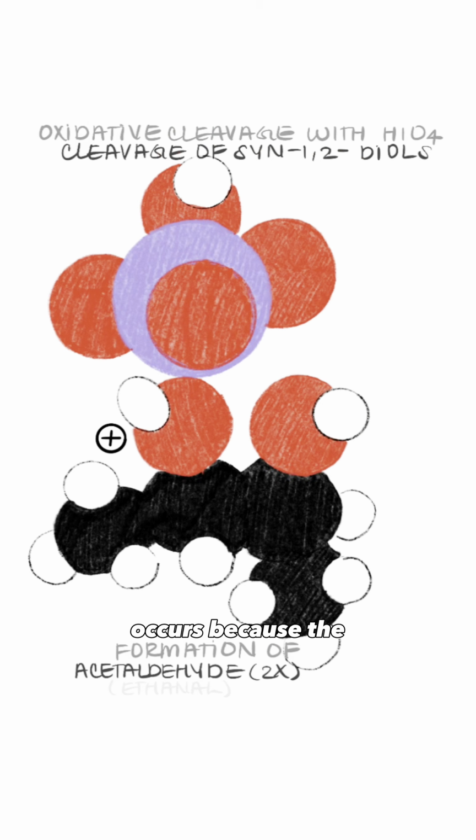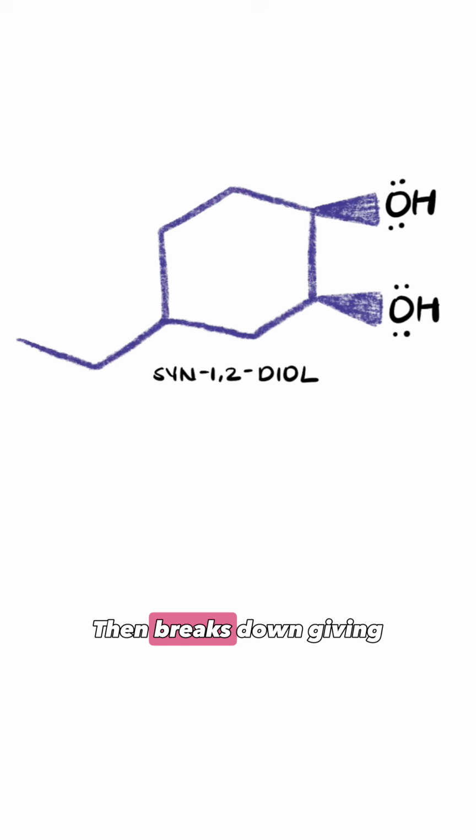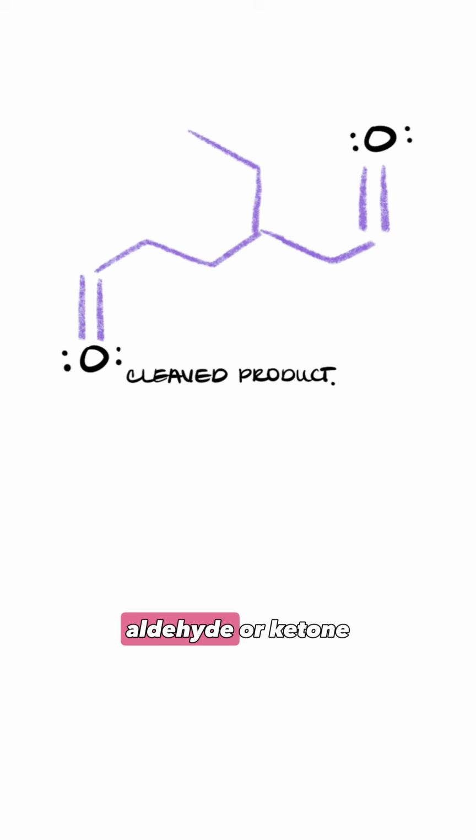This unique mechanism occurs because the syn-1,2-diol can form a specific intermediate with periodic acid, which then breaks down, giving us our oxidized product, a carbonyl, which is either an aldehyde or a ketone, depending on the substitution of the